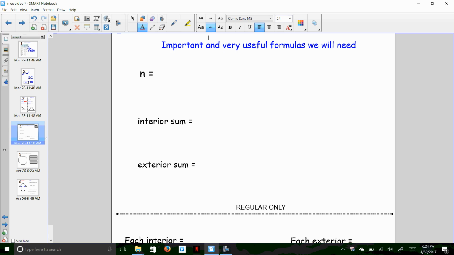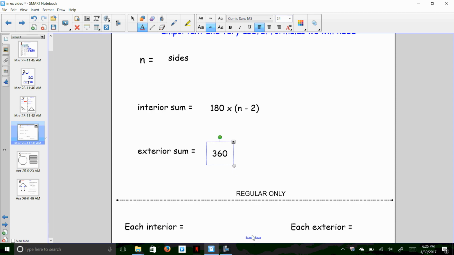All right, so here's what we need to work with, these formulas. N is sides always. Interior sum is that formula we already talked about: 180 times N minus 2. And we already talked about there's no fancy formula for exterior sum. It's always 360. But when it says regular,